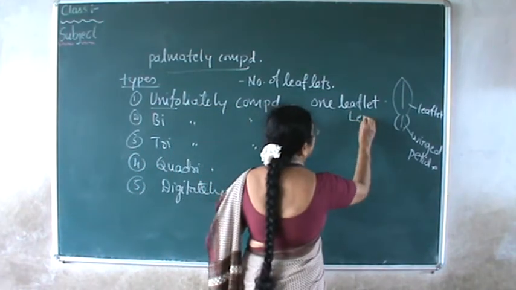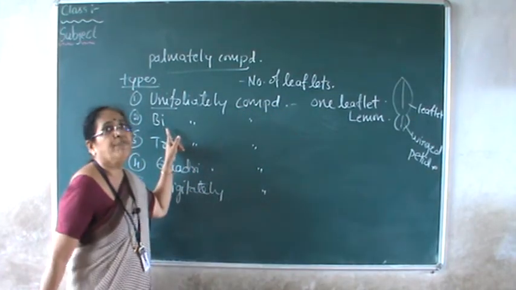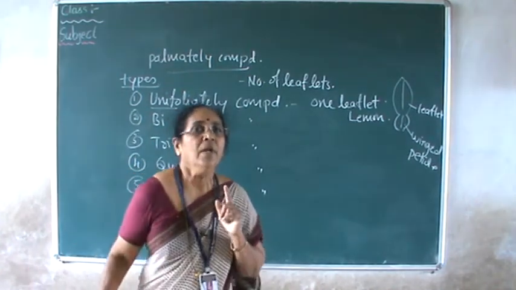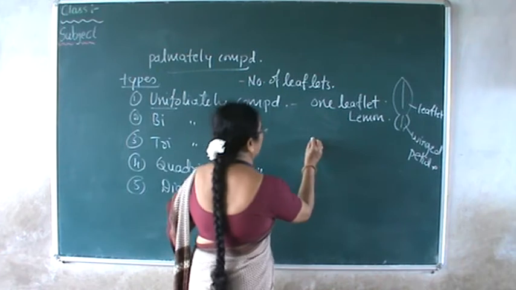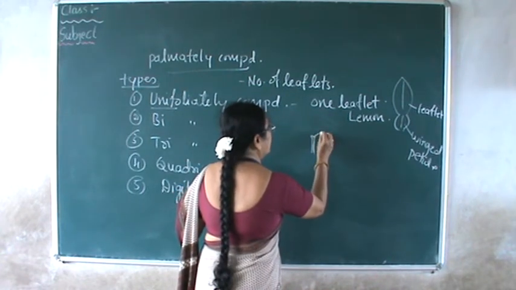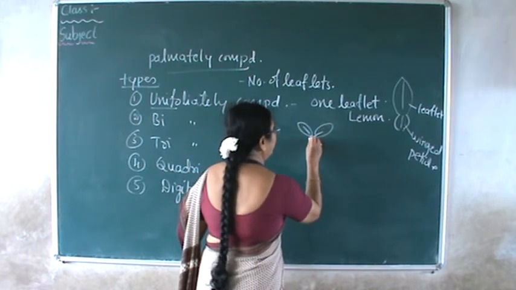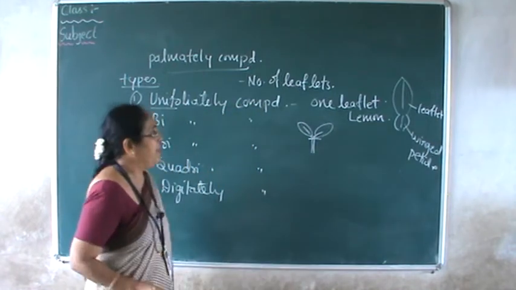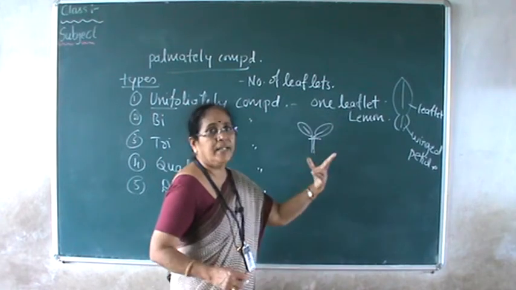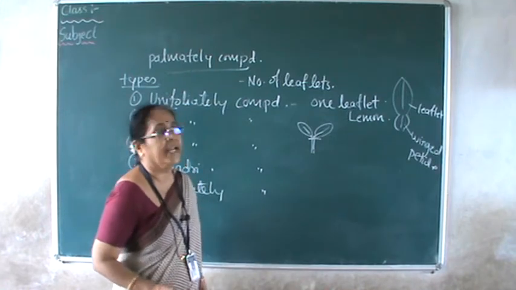So lemon, I will give the specific example, lemon leaves. Accordingly, the second type is called bifoliately compound, and you can catch the meaning. The leaf is having 2 leaflets here. From a common point, if the leaf consists of 2 leaflets, it's a common petiole having small subpetioles, and if the leaf is bearing 2 leaflets from a common point, this leaf can be called a bifoliately compound leaf. This is a common petiole and the 2 leaflets arise from a common point here, and hence it is called bifoliately compound.